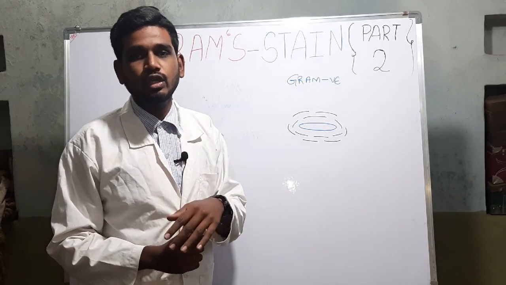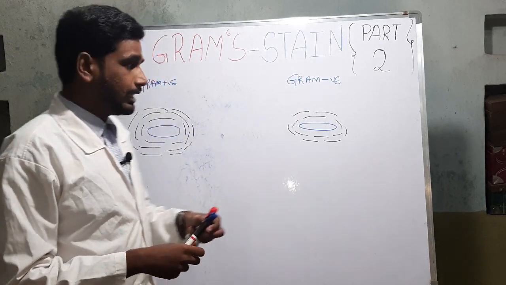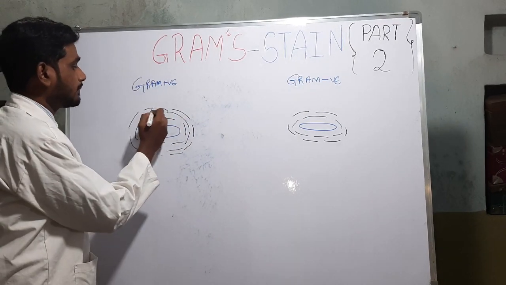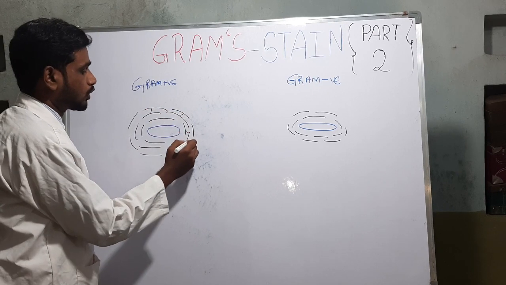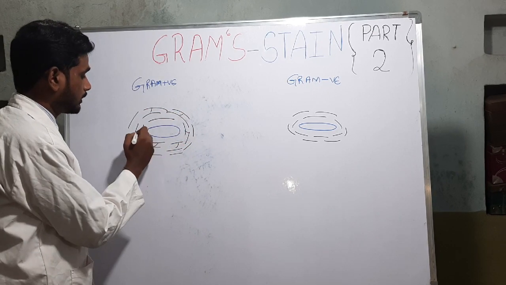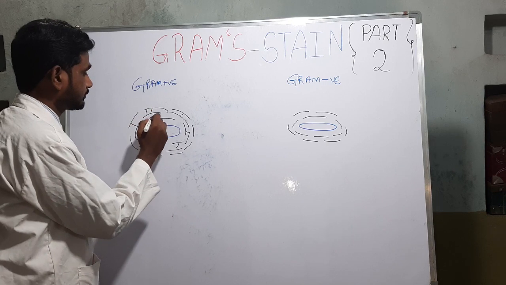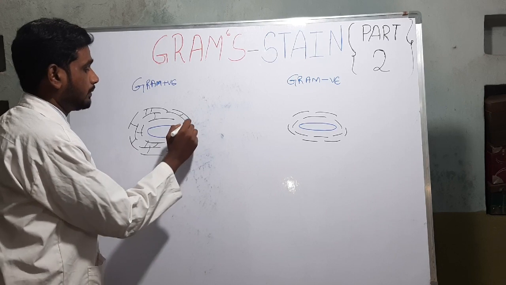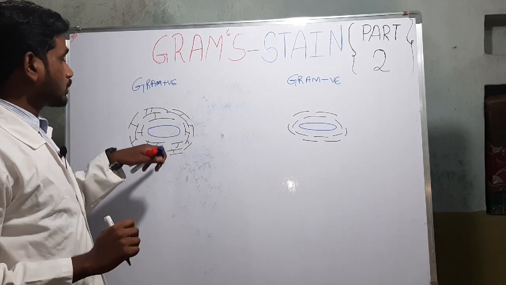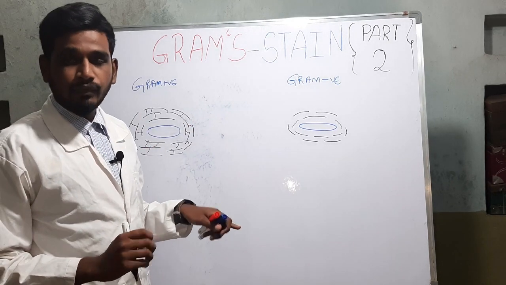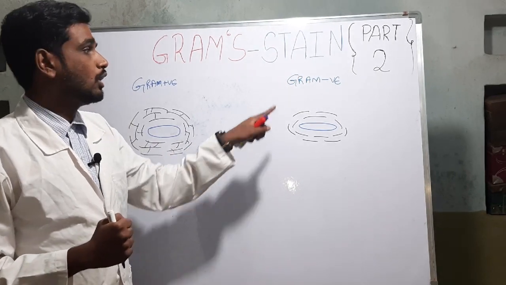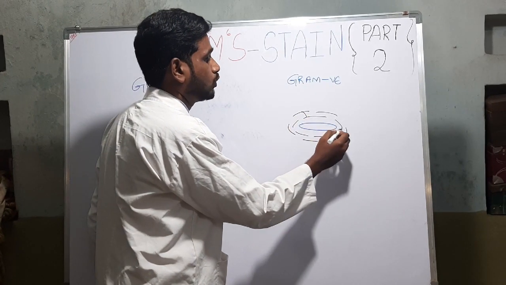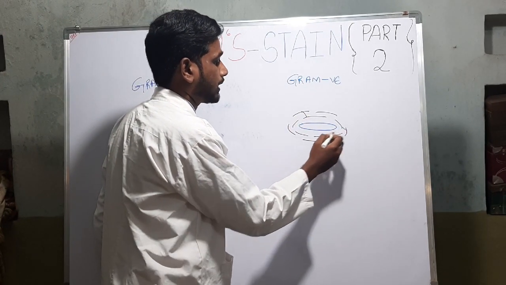This is the first differentiation you can see over here. The peptidoglycan layer is cross linked by the peptide bond. Remember, my dear, the gram positive bacteria have a tough cross peptide bond, whereas the gram negative bacteria have a loose cross peptide bond.